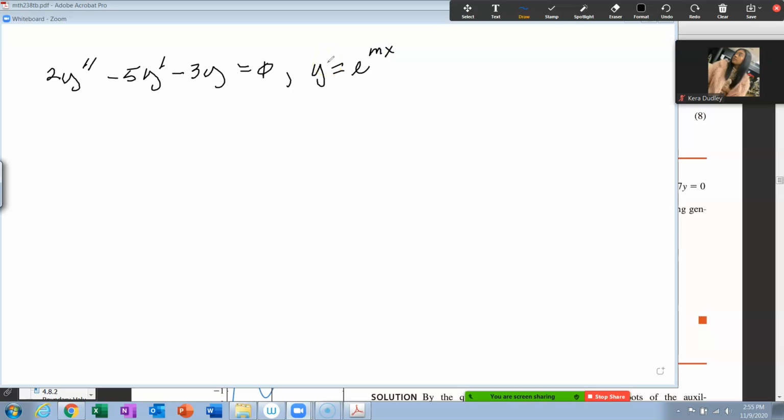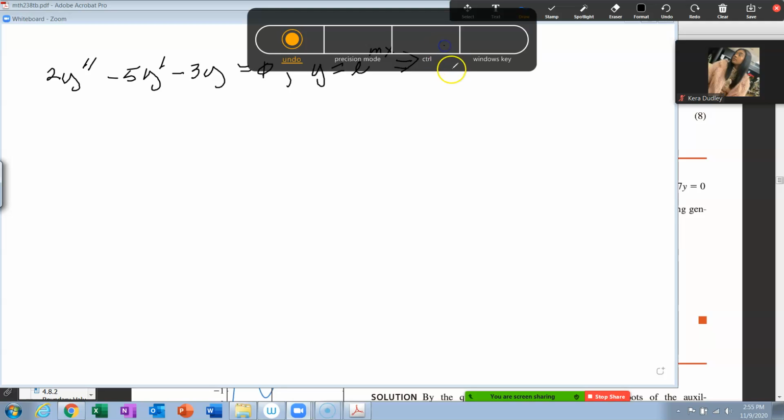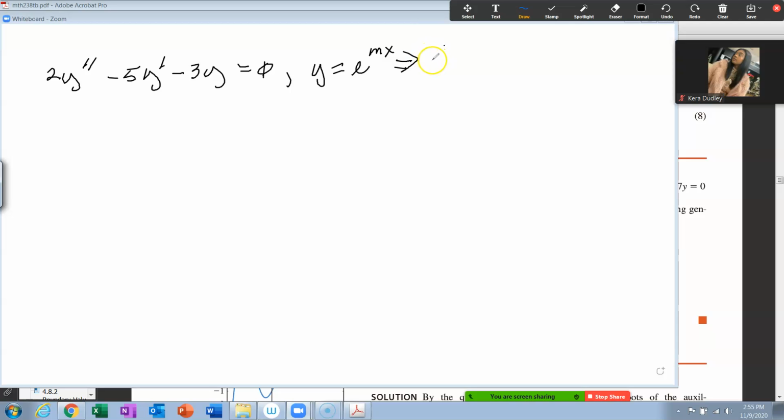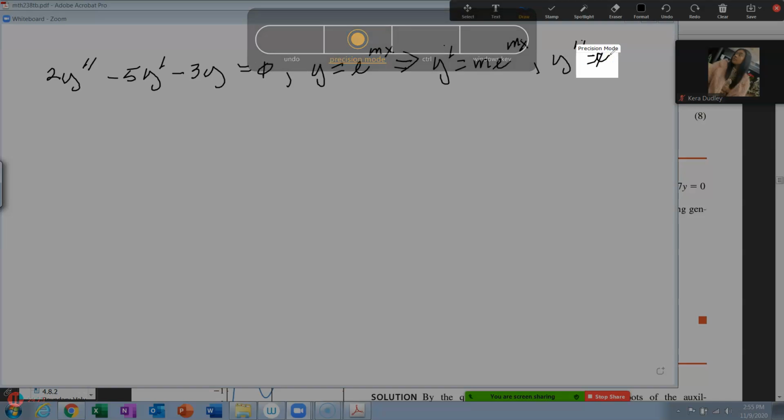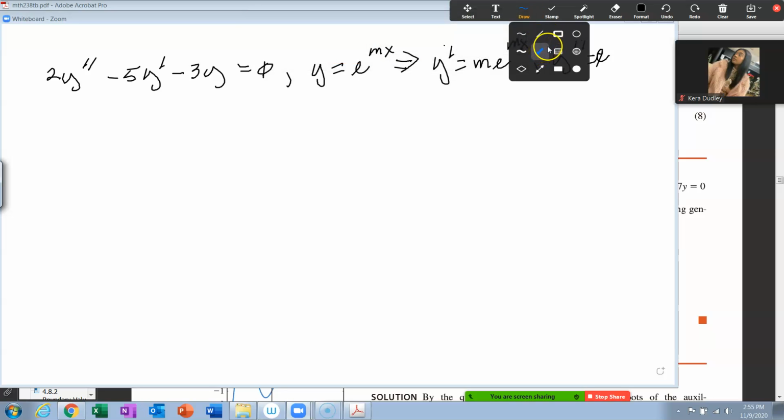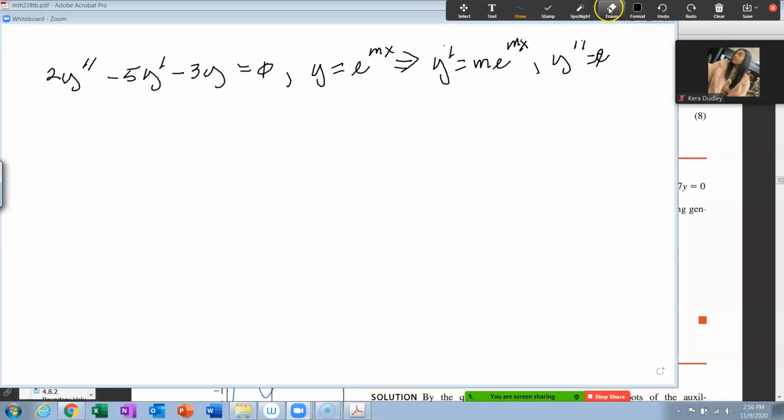Okay, now again, I'm not going to do this every time, but I'm going to do it at the beginning. Then y prime is equal to m e to the mx, and y double prime is equal to m squared e to the mx. Okay, so when you plug all these things in here, you get